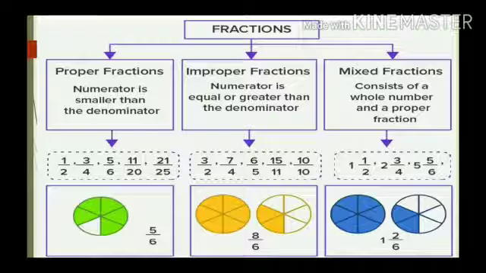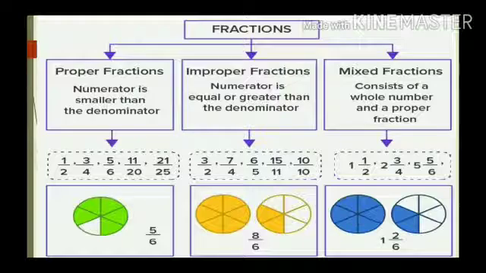That's why it is 8 upon 6. Now, mixed fraction. A mixed fraction is a fraction that consists of a whole number and a proper fraction. Means it is a number made of two parts. So the whole number is,